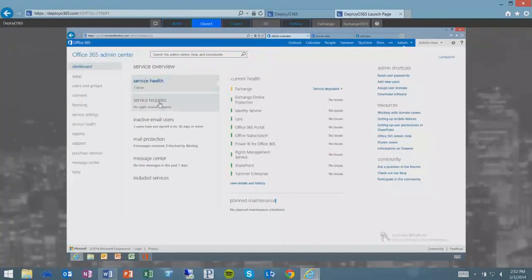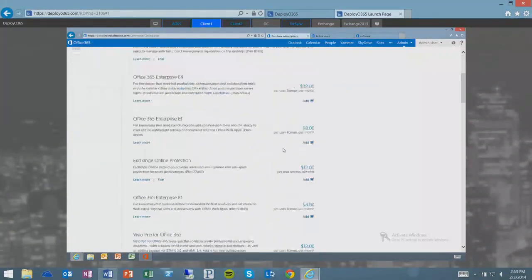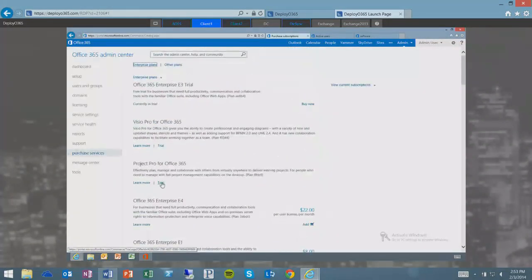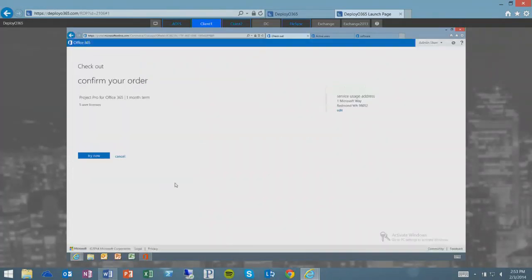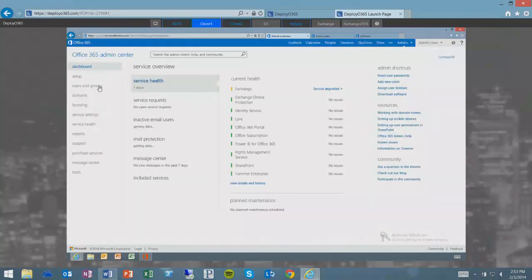One of the other things I wanted to show, and I think they'll talk about this a bit in another session, is that when I go to my admin center and I'm just logged in as the admin, maybe the person who owns the subscription or working with my business unit, I can always go and add, and you see all of the services here. That's everything that's possible. I can immediately add the Project Pro for Office 365 trial, try it now, 5 licenses for 1 month, done. I now have the ability to license users with Project Pro. So that is across the board.